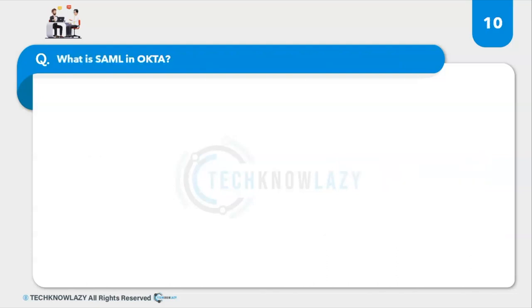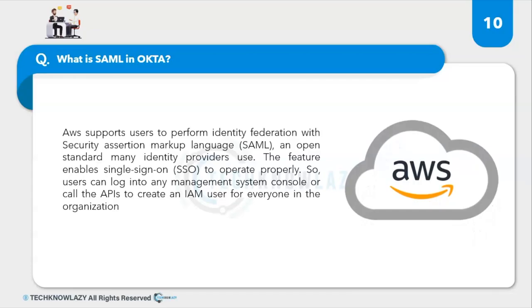Then what is SAML in Okta? The answer is AWS supports users to perform identity federation with Security Assertion Markup Language. Let's say for web pages, you have HTML. That is a markup language to provide any kind of visuals or activities on your web page, right? So similarly, SAML is exclusively for Amazon AWS only, not any other cloud support. Since I said Okta provides you the credential support to all the cloud services which you're logging in, when Okta is in collaboration with AWS, let's say your organization is working with AWS for all the data operations, then